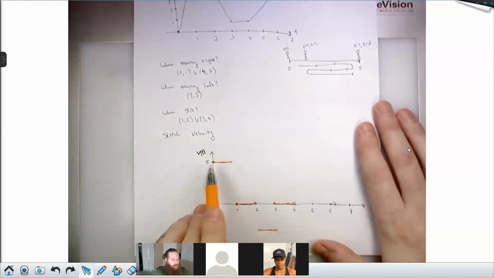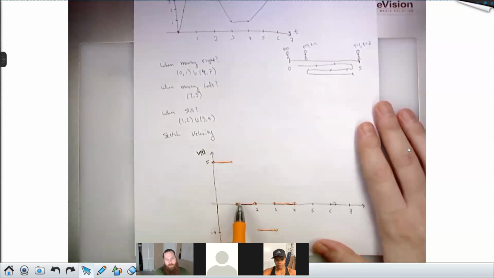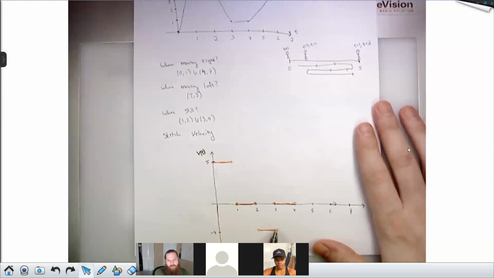So it's like I run to the right at 5 meters per second, I smack into a wall, I fall down, it takes me a second to get moving again, and I run to the left at 4 meters per second. And I don't speed up to that, I don't slow down from that. When I get back to that position 1, I smack into another wall. I just fall on my face and I immediately stop again. And I lay there on the ground, moving at 0 meters per second for another second.